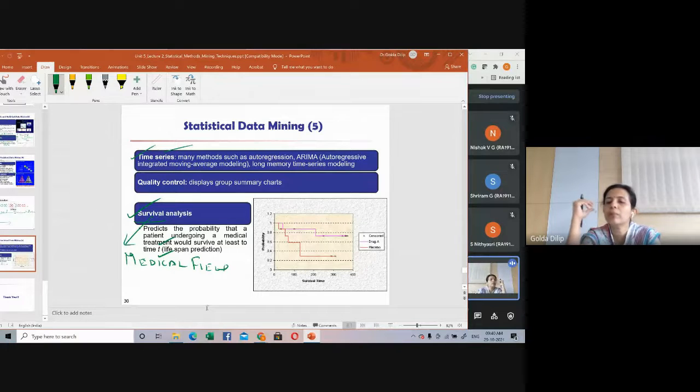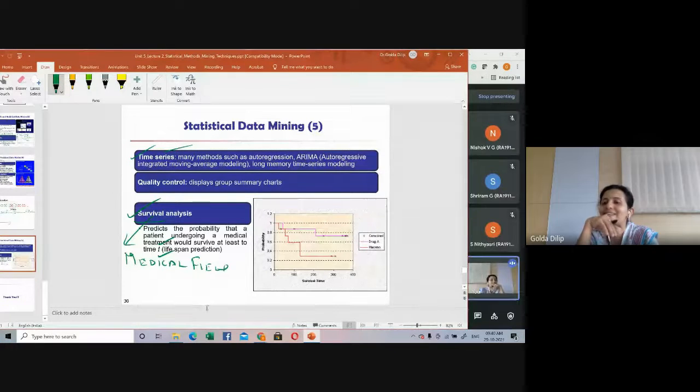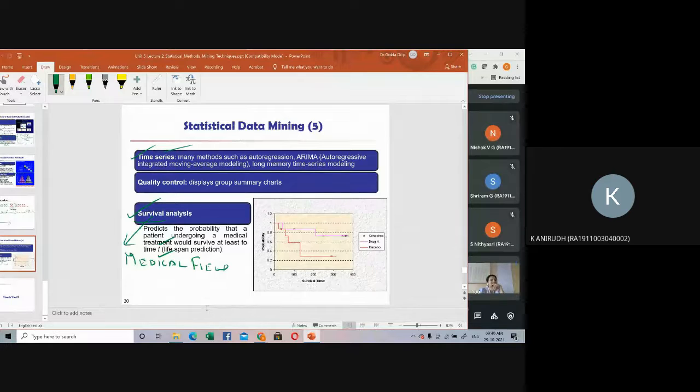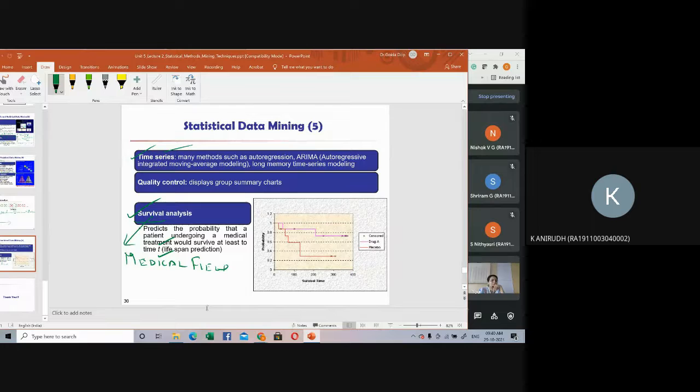So you are considering the current treatment plan, how long will that work. Actually, while looking into the Laplace transforms in our second or third semester, we had a function called survival function. Is it something related to that? Yes, we had something called S of t, and we had a condition, and then we had a distribution also. We learnt about it.